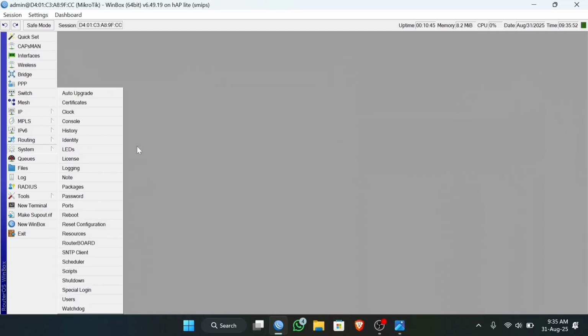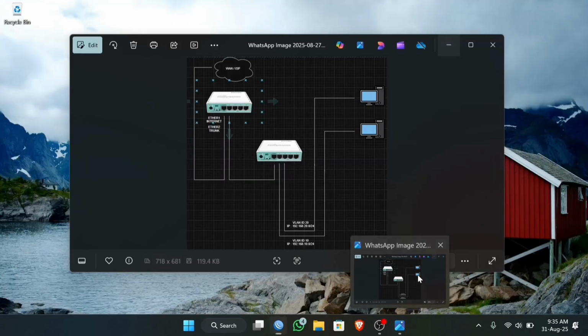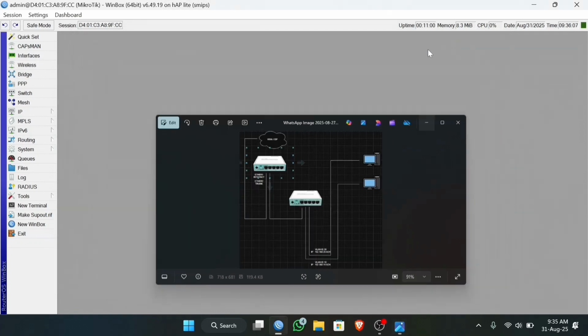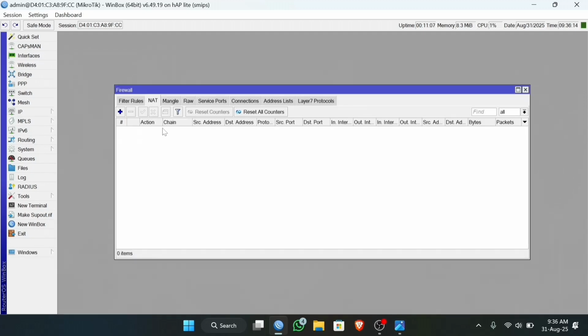finally, we must make a network address translation, NAT, so the public IP can be translated to the local IP, so the hosts can get internet access. So click IP again and Firewall, then click Add here.